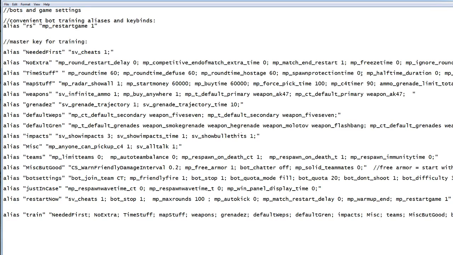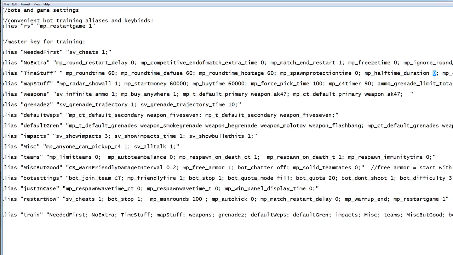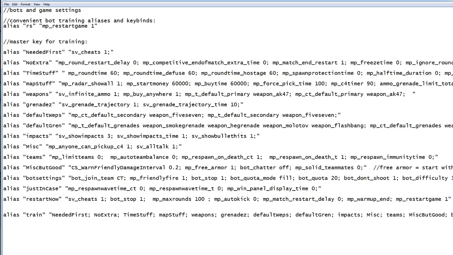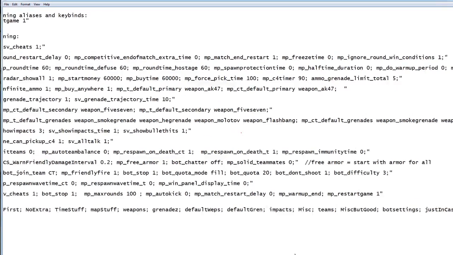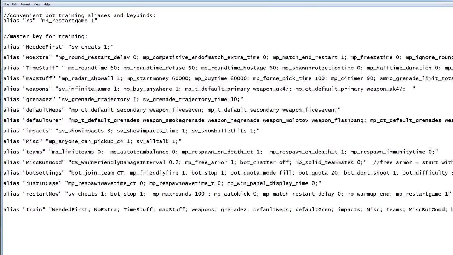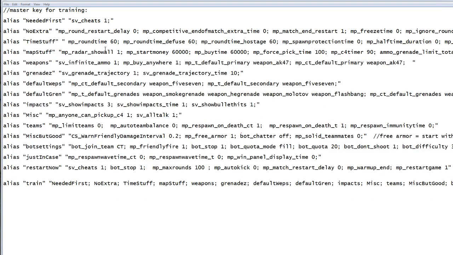Spawn protection, make sure that you can't get shot when you're in spawn. We want to take that off, so we put it to 0. Halftime duration 0. We don't want it to warm up, so we're just going to take warm up off by putting 0 for that. And the max round set to 10, just in case the round ends and you want to keep going. You don't want it to just end, you want another round to start. Moving on to map stuff,